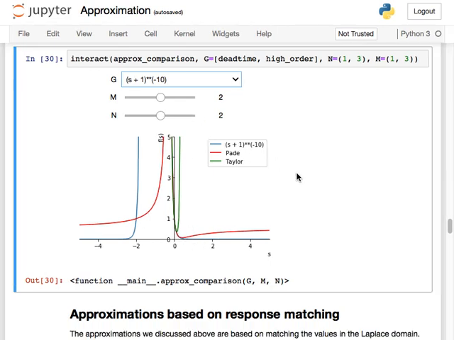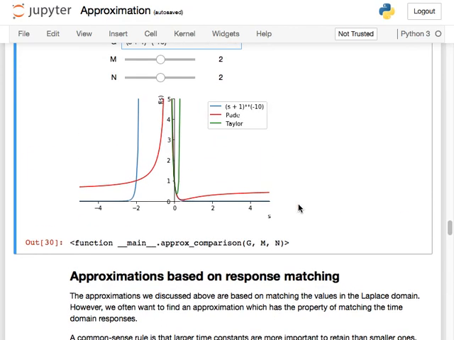pretty well. Right, so up to now we've been speaking about approximations which are focused on the target function, and we've used it for transfer functions. So we've said, here's the transfer function of a dead time, this e to the minus s, and what if we want to approximate that by a rational function? Now, just to reverse a little bit further, I just want to remind everybody why we even want to do this. The main reason why we want to take that nasty e and approximate it by either a polynomial or